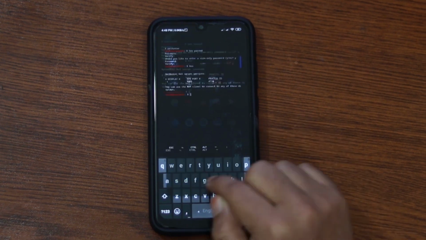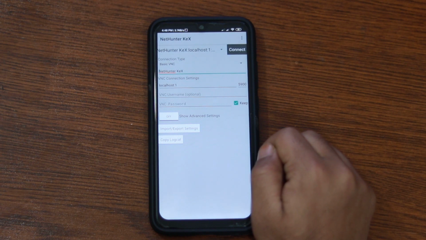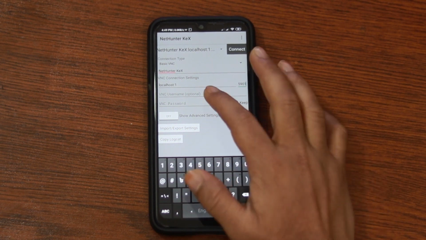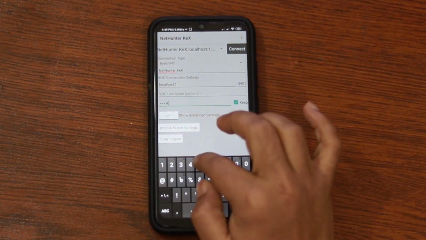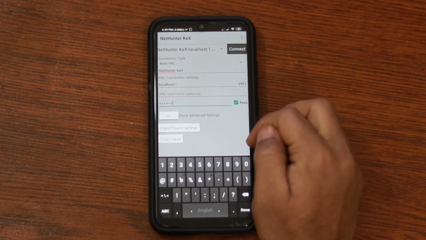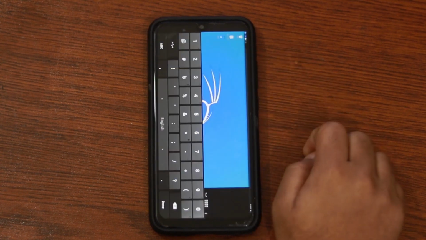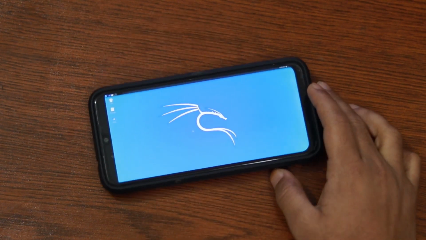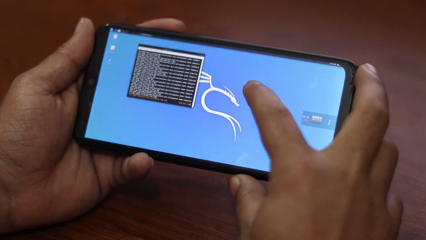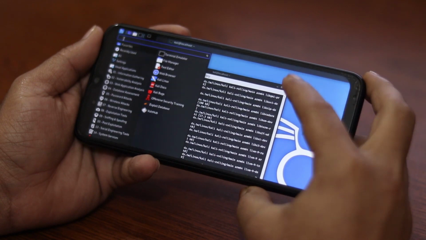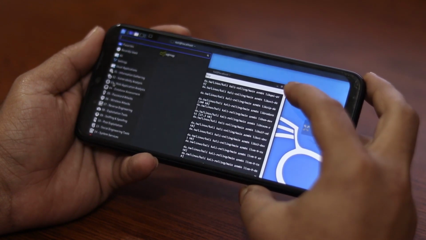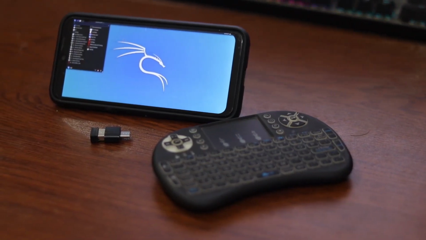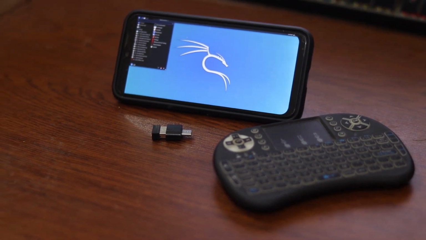Now open up Kex application. Here we need to change the port number to 5901. Then type here the password of VNC server and hit connect. And your Kali Linux desktop will be ready to use. Now you can make use of Kali Linux desktop on your phone. If you have a high config device, then you can install full Kali Linux tools on your mobile phone. You can use Kali Linux by touch, or you can use a mini touchpad keyboard like me to make it easier to use.